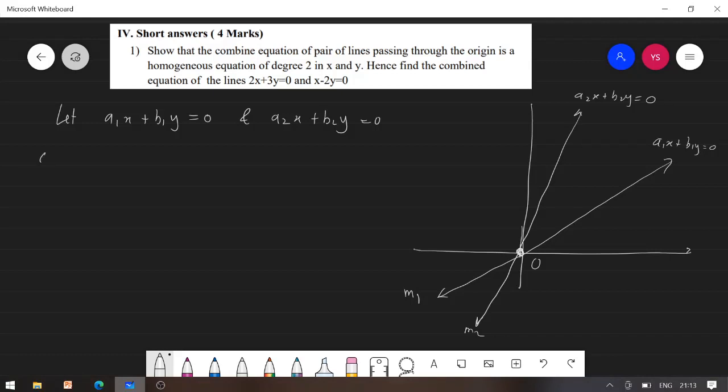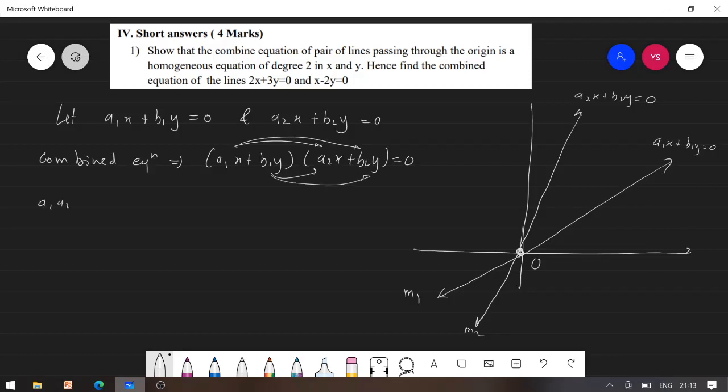So their combined equation is given by a1x plus b1y into a2x plus b2y equals to 0. Now distribute a1x over the second bracket and simultaneously b1y over the second bracket. We get a1 a2 x square plus a1 b2 xy plus a2 b1 xy plus b1 b2 y square